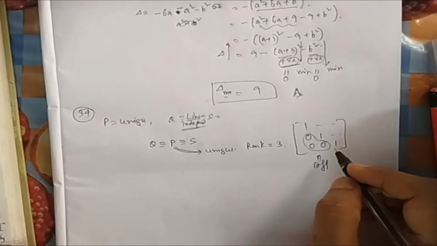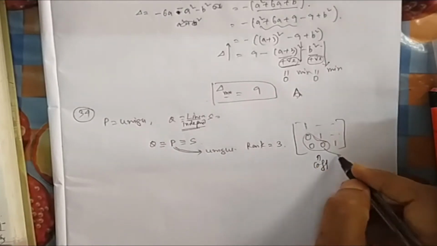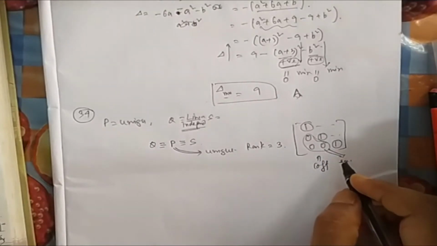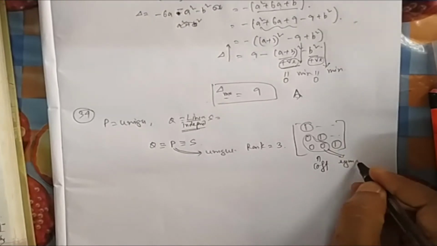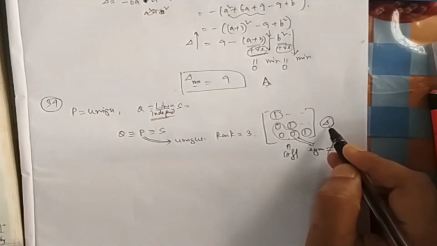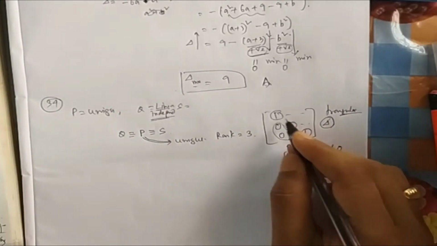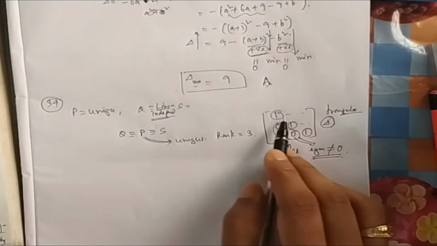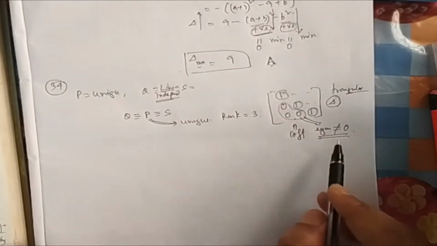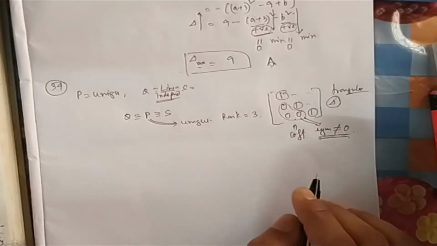So next is R: the eigenvalues of the coefficient matrix are non-zero. Now you have already seen, if it is a lower triangular matrix, then the eigenvalues are these diagonal elements. So the eigenvalues of the matrix are non-zero, therefore it is not equal to 0. Because in case of lower triangular or upper triangular, any triangular matrix, the eigenvalues are the diagonal elements, only the diagonal elements. You can see the diagonal elements are 1. I have taken 1 hypothetically, that may be 2, 3, whatever, but the eigenvalues are non-zero. So it is also a correct statement.